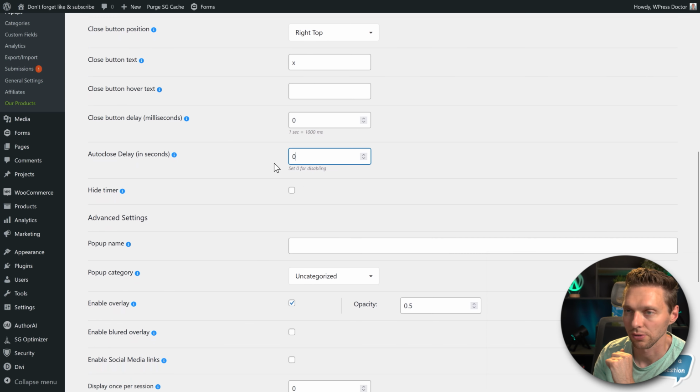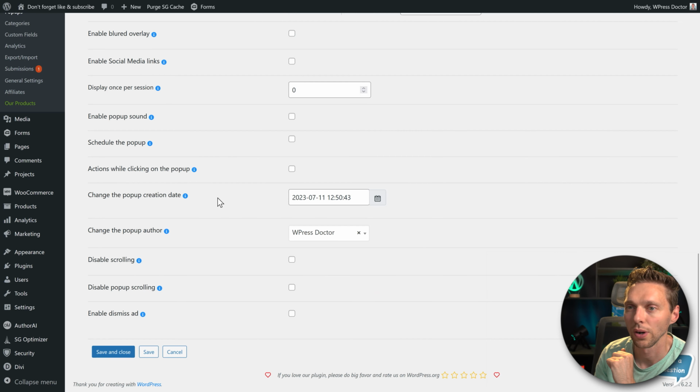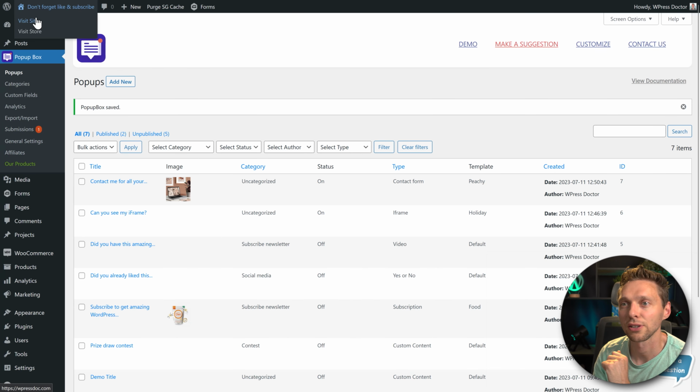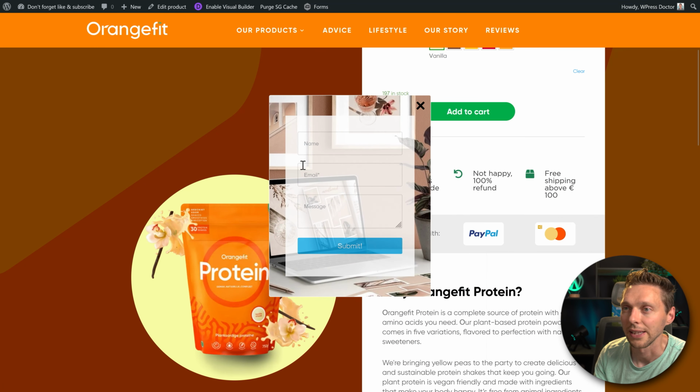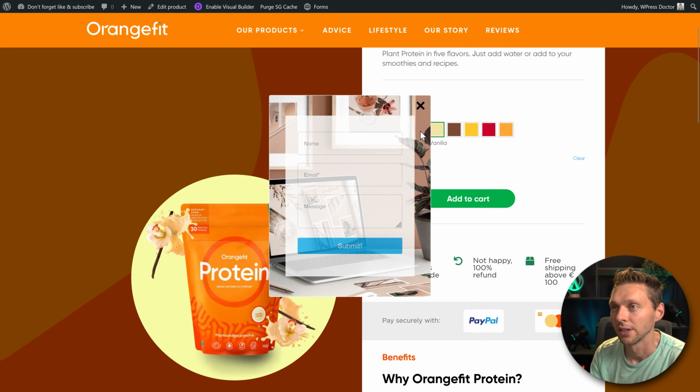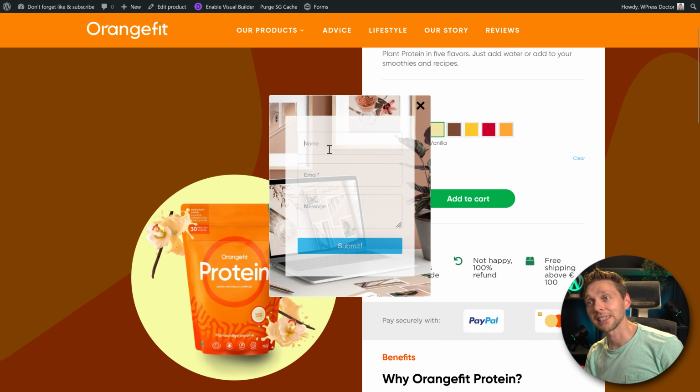Auto close, put it to 0 because you really don't want this when people are filling out their forms. Save and close, and let's go to the website pages. I'll scroll up because I want to leave. Here is my form. I have to blur the background, I think. This background looks hideous. All right, I need to style it. But as you can see, it just works great.